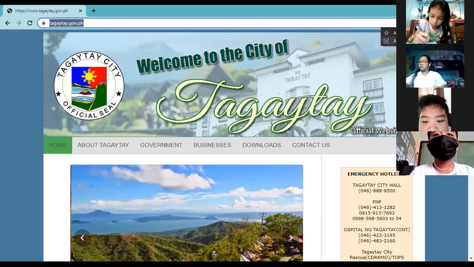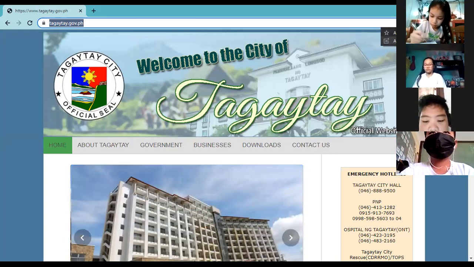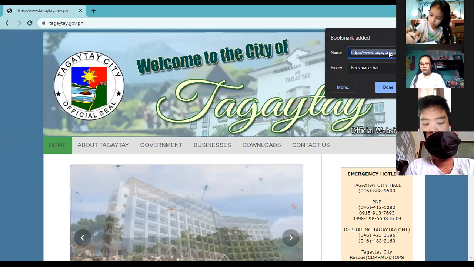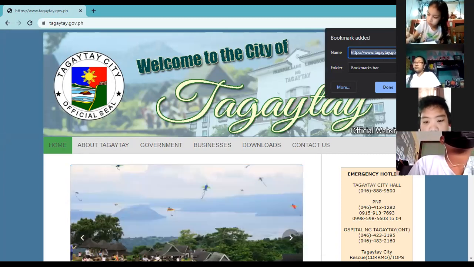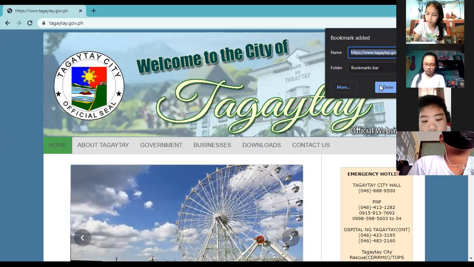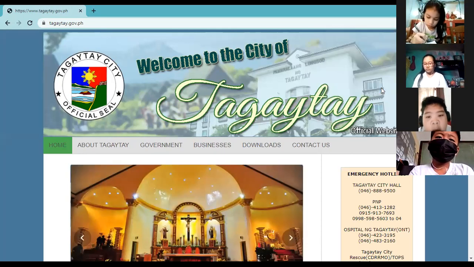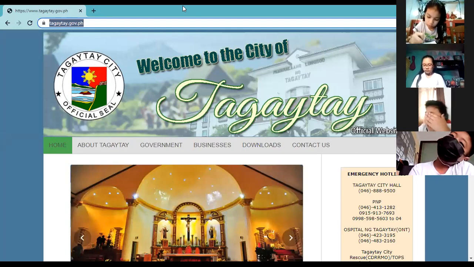Okay, so add bookmark or add to reading list. Marami dyan. So ngayon, gagawin natin is just add bookmark. Ayan. So natanong tayo. Ayan, bookmark added. So bookmark folder, then you just have to click done. Again, ang ginawa natin, we clicked the star button or the star icon para ma-bookmark siya, then just click done. Okay, so let's say na okay na, di ba?